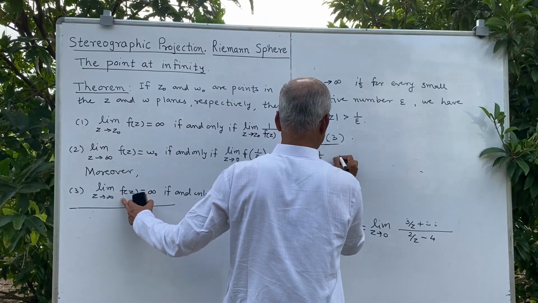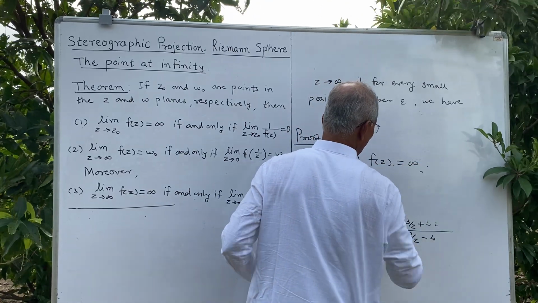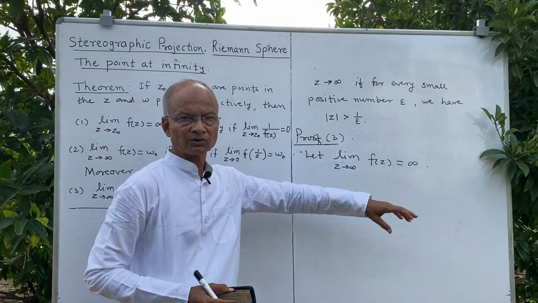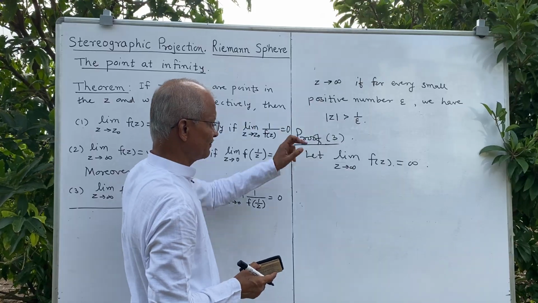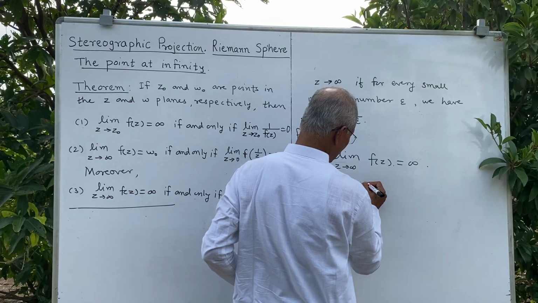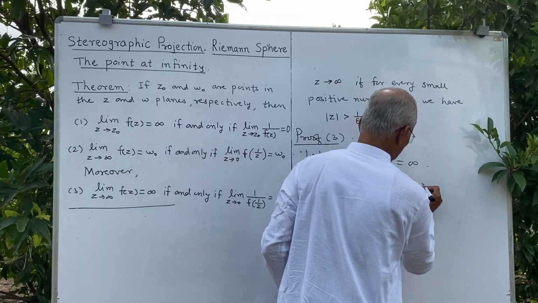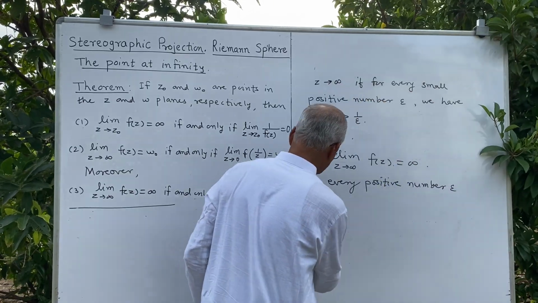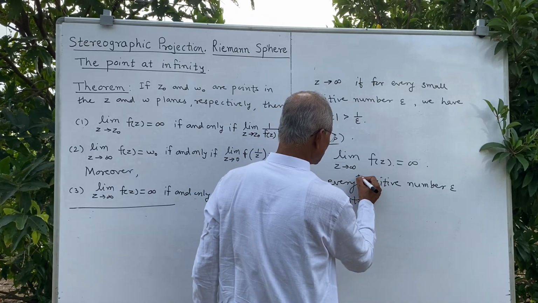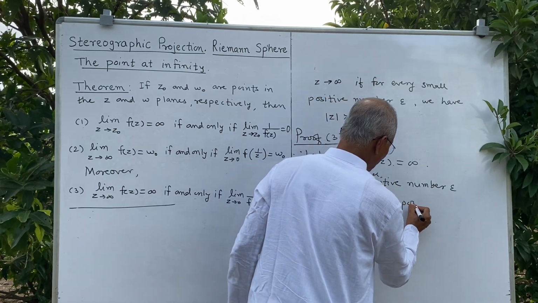Let the limit as z tends to infinity of f of z be equal to infinity. Here both the point z and f of z approach infinity. Therefore, according to this definition, for every positive number epsilon, however small it may be, there exists a small positive number delta,